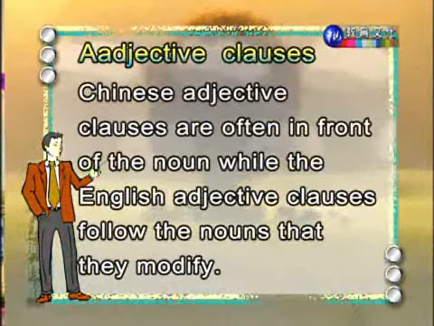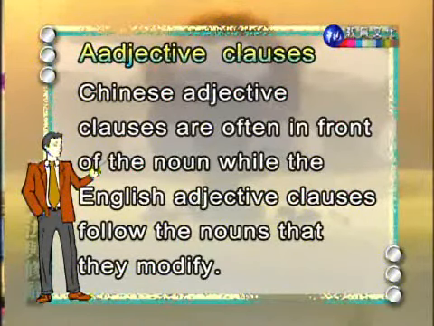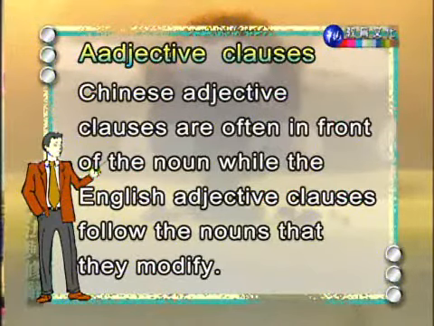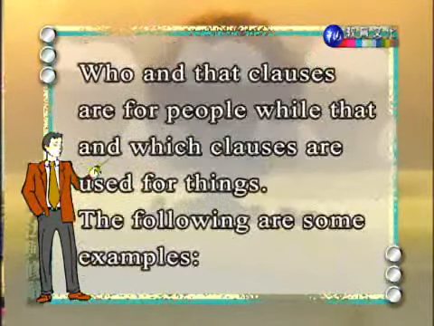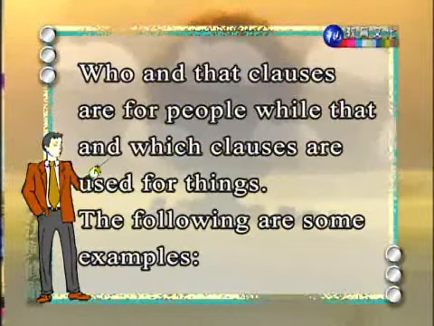好，谢谢 Steven 老师。接下来我要为同学详细讲解课文内容。Adjective clauses 是形容词子句。Chinese adjective clauses are often in front of the noun，in front of 这个片语是在什么什么前面，中文的形容词通常在名词的前面，while the English adjective clauses follow the noun。这个 while 是一个对比，中文是这样，而英文的形容词子句是 follow the noun，跟在名词的后面。什么样的名词呢？是 that they modify，跟在它们修饰的名词后面。Who and that clauses are for people，这个 who 跟 that 子句是用作人的时候使用的。While that and which clauses are used